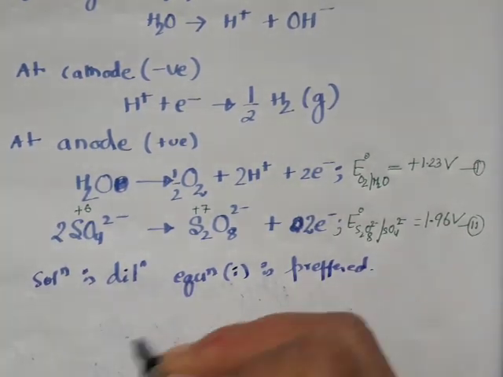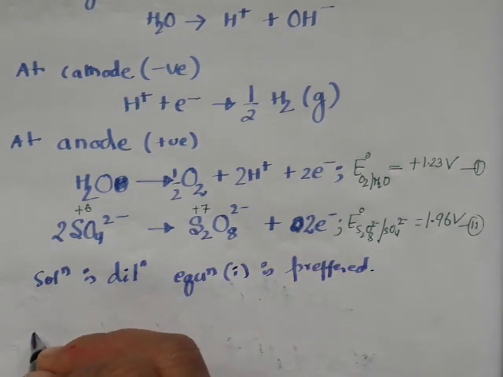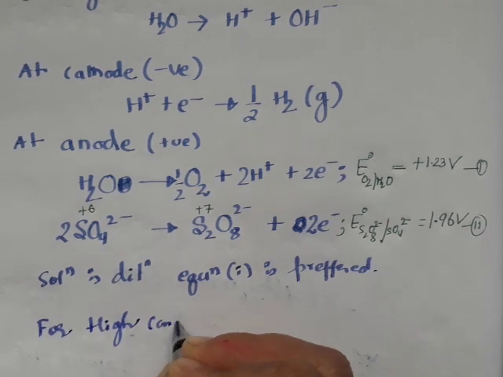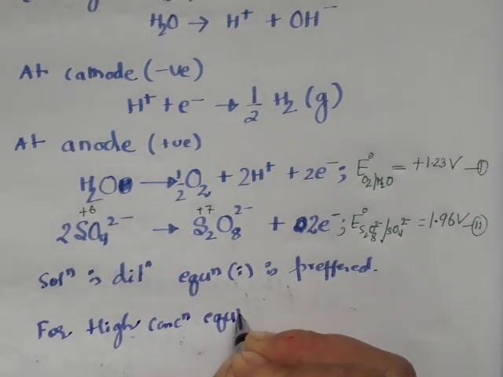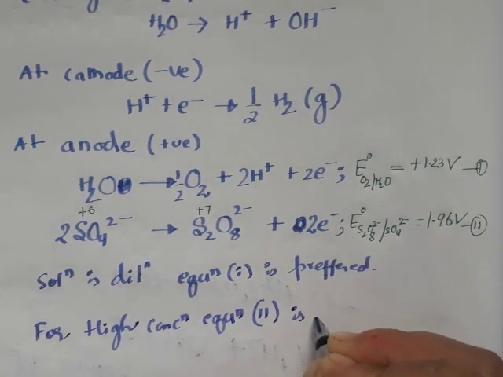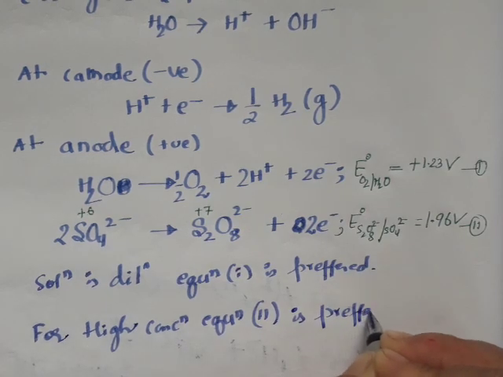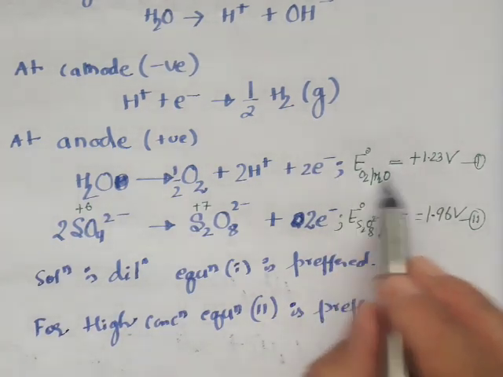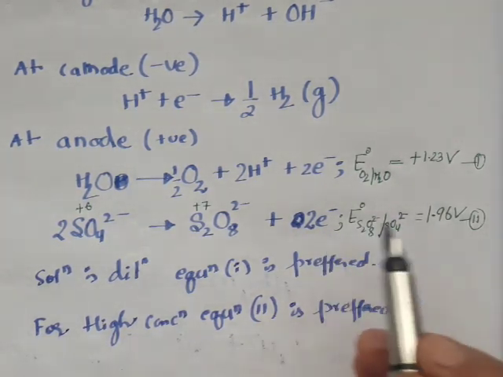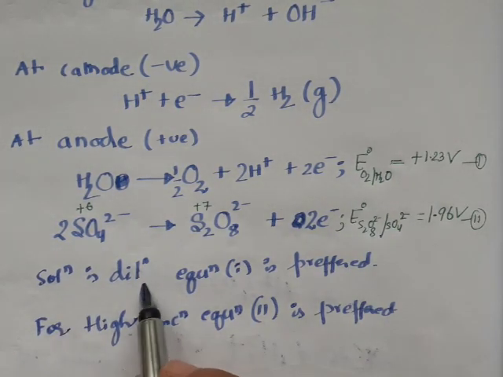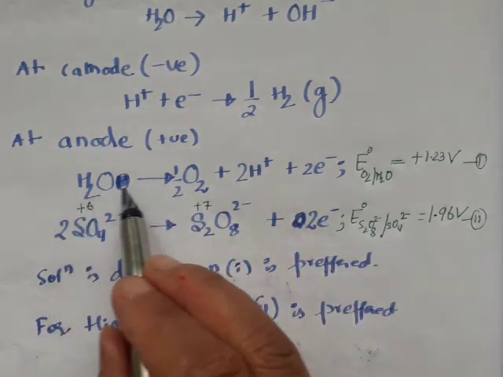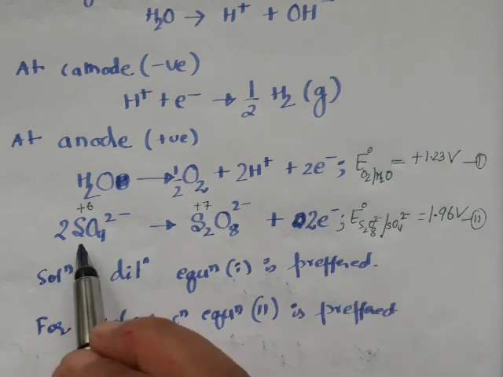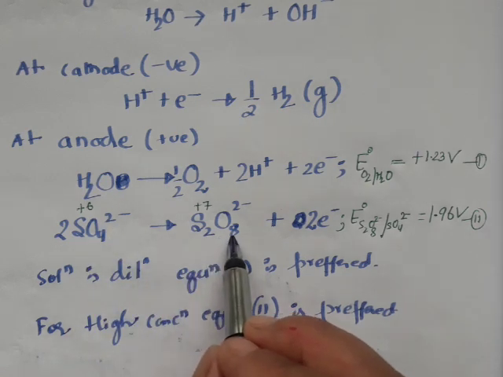Now what about when the concentration is high? For high concentration, now equation 2 is preferred. Now at that time, what matters? Over potential of oxygen matters. It does not come in at low concentration, when the concentration becomes high, over potential, okay. So in dilute solution, water will get oxidized at anode, and at high concentration sulfate will oxidize to persulfate